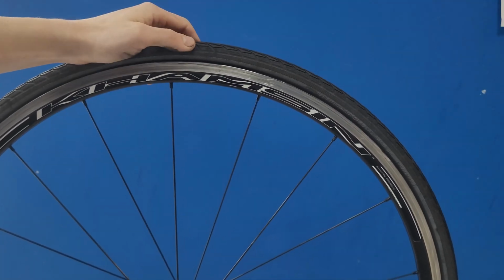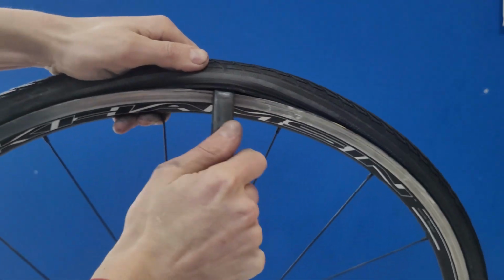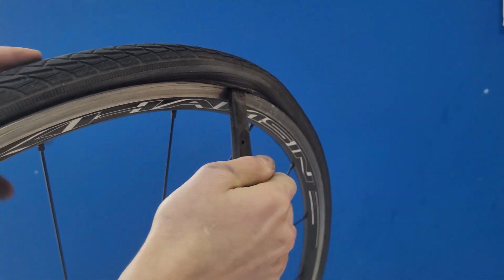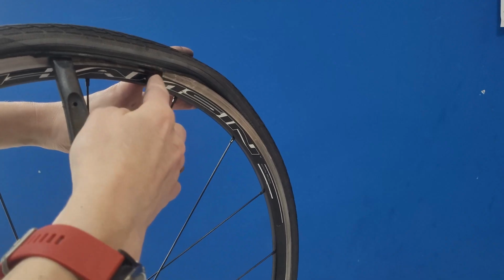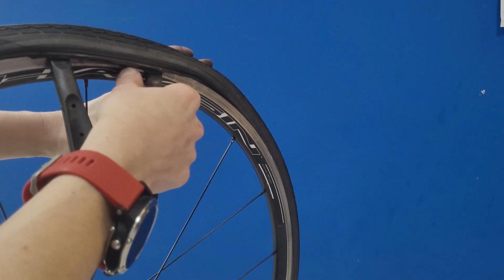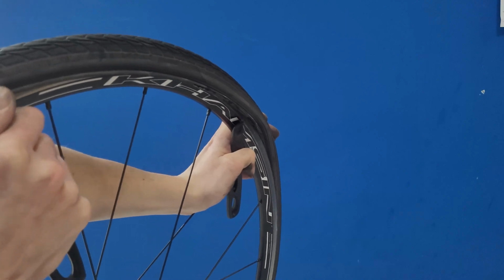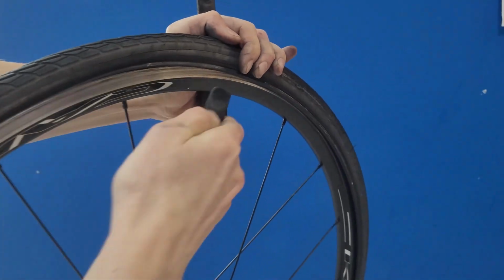Hopefully you get a nice tyre that you only need one tyre lever and you can get under the rim. As you see, pull over the tyre rim and pull towards you. If you are struggling, as you can see, this may be a 2 lever job. Push one under the rim of the tyre, get the second one and join at the start point and pull all the way around until you start to feel the tyre wall coming away, and just move the tyre and lever around and it should